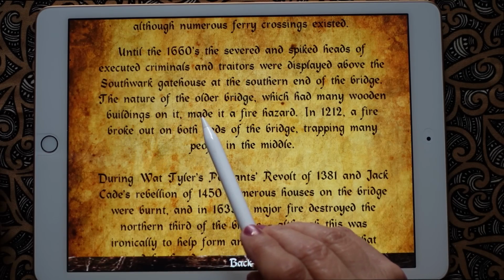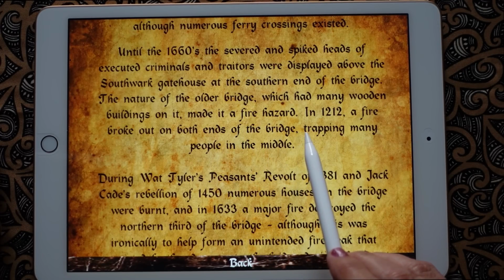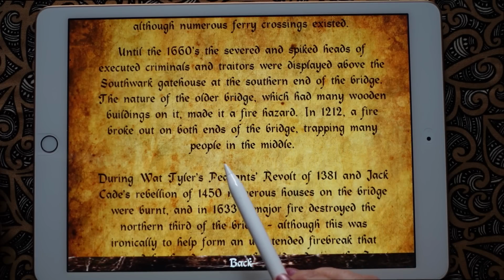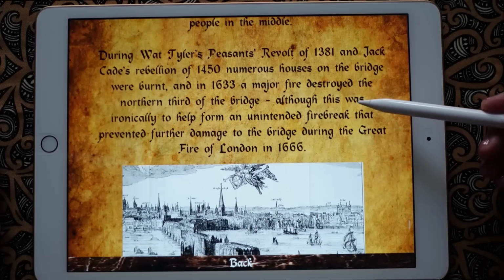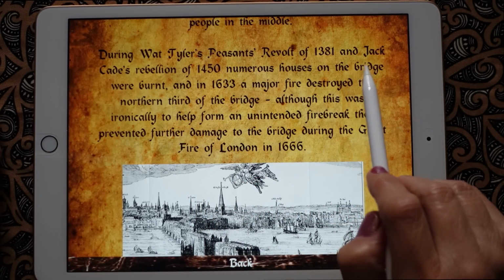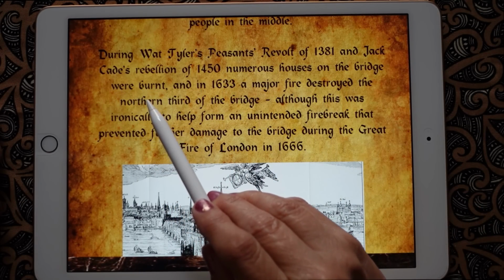The nature of the older bridge, which had many wooden buildings on it, made it a fire hazard. In 1212, a fire broke out on both ends of the bridge, trapping many people in the middle. During Wat Tyler's peasant revolt of 1381 and Jack Cade's rebellion of 1450, numerous houses on the bridge were burnt,